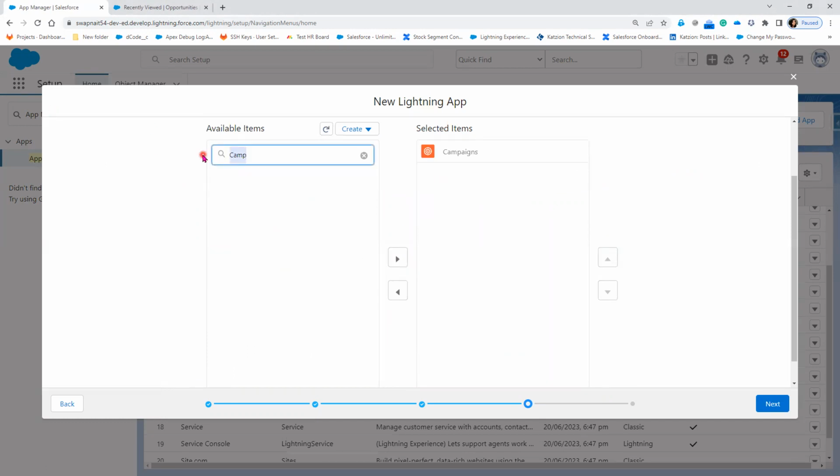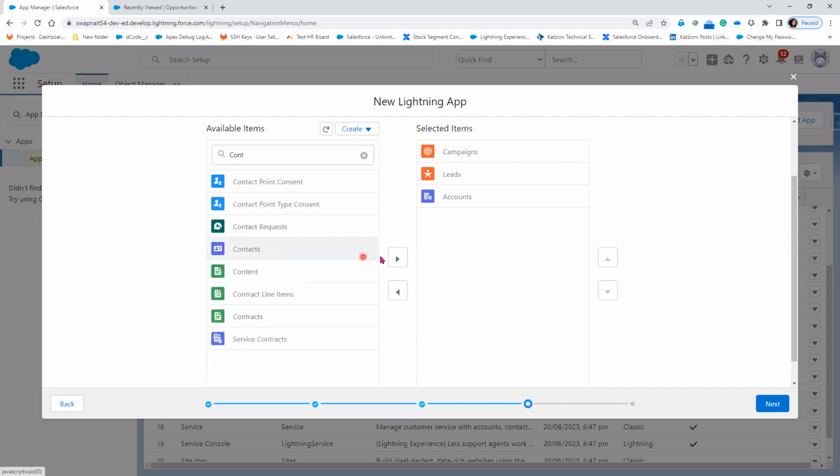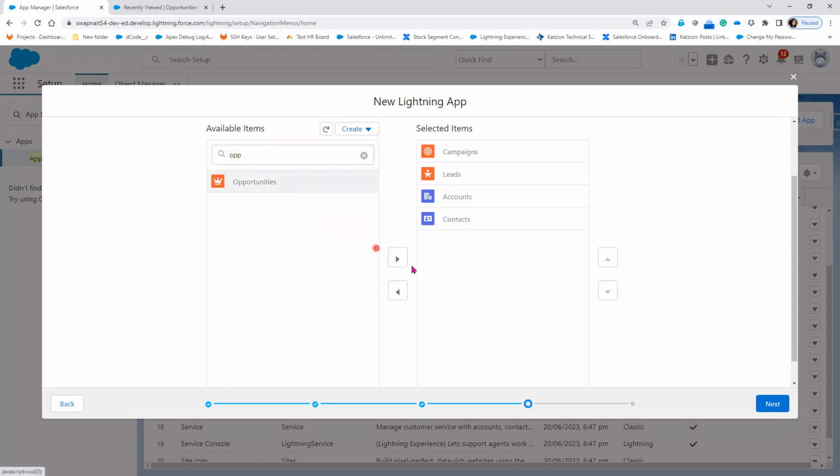And similarly, I wanted to choose the lead. Let's move it here. And similarly, I have an account. Move it and then contact. So you can select here which are the objects you wanted to move. Contact and then opportunity,